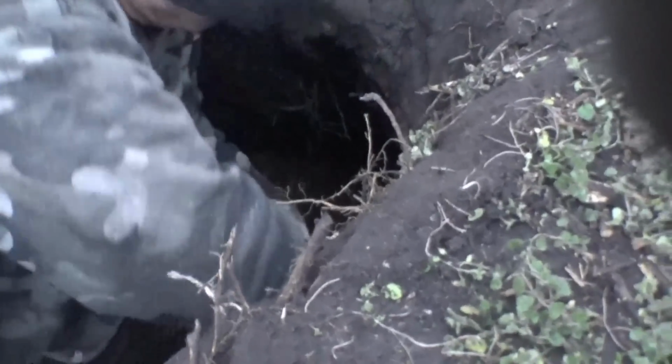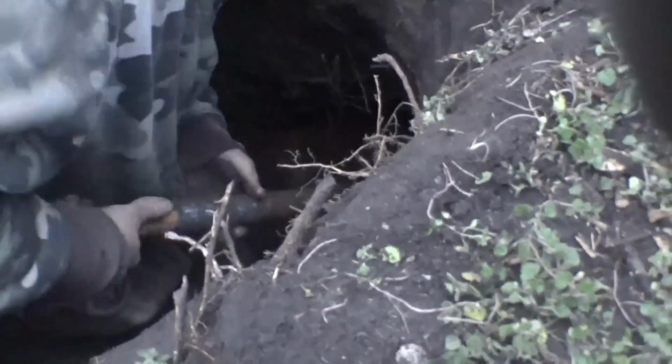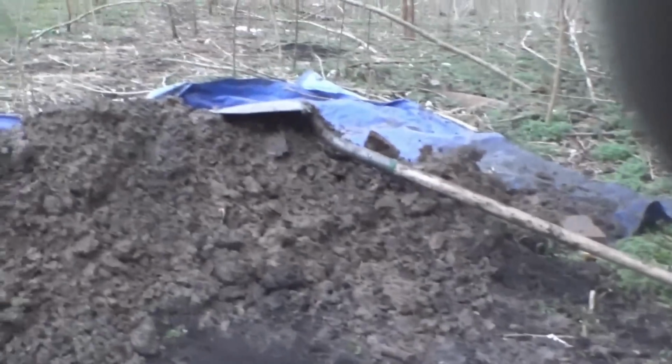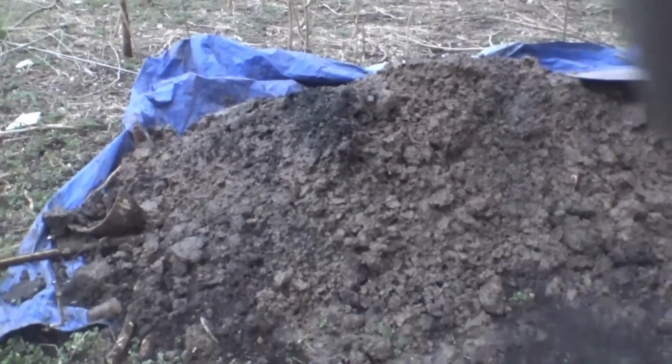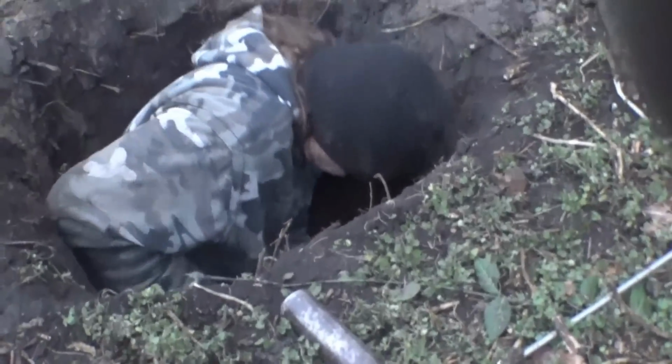Let's see if there's anything else down in there. Paul's digging down in the water. I'm gonna try, at least it's not a real deep hole. It won't take us long to fill it in. We got a tarp there. Got all of our dirt on the one tarp, so usually we got dirt all the way around the holes,